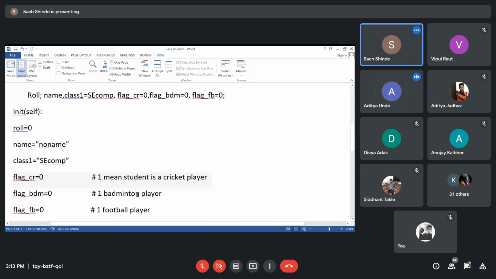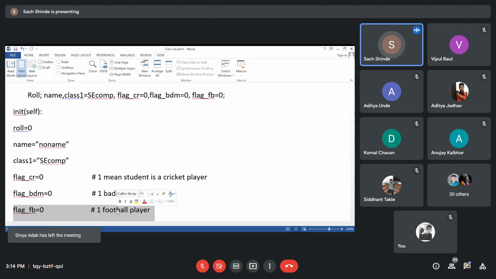Similarly, if he is a badminton player, then set the flag for badminton equal to 1. That implies the student is a badminton player. That is for football player. So if you set FB equal to 1, it simply means that he is a football player. So these are the key implications.